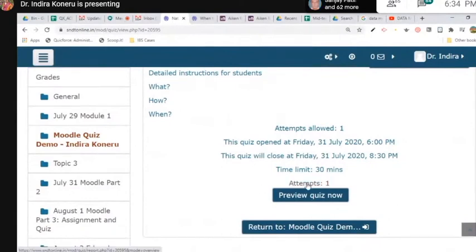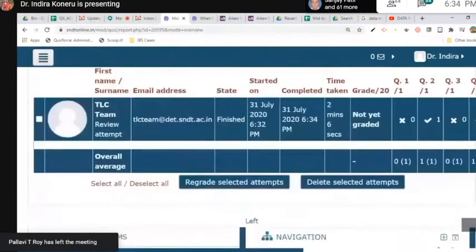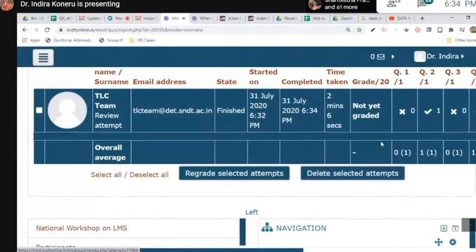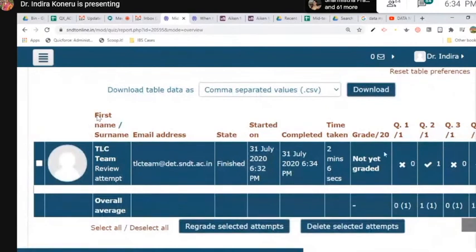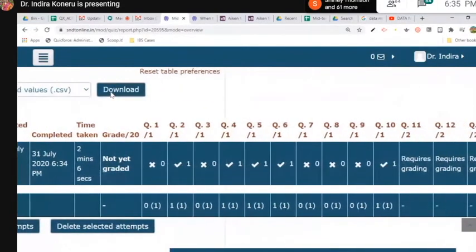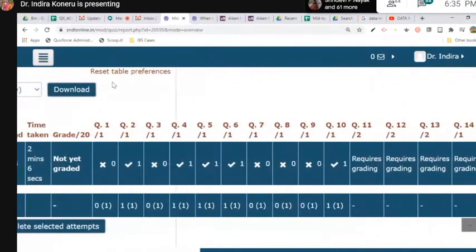I'm clicking on this attempts, and as I said, wherever you find not yet graded, it means you need to manually grade all these. This is the student total, otherwise only MCQs, here you will get the total, but since essay questions are there, we need to click on see requires grading. Not yet graded means we need to manually grade this. So you need to click on this